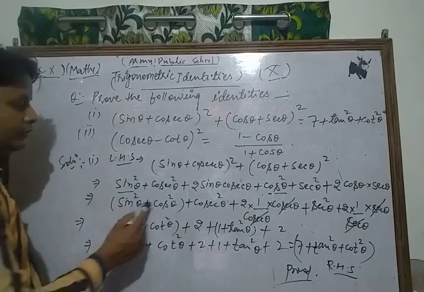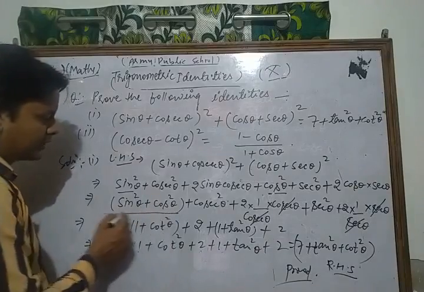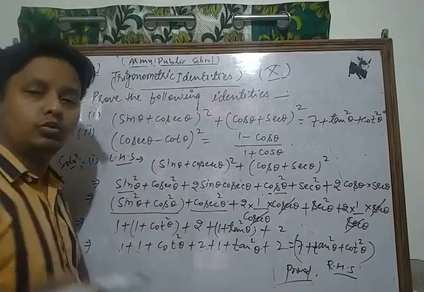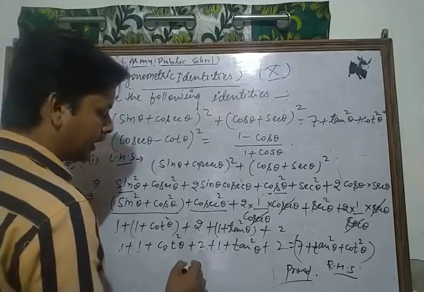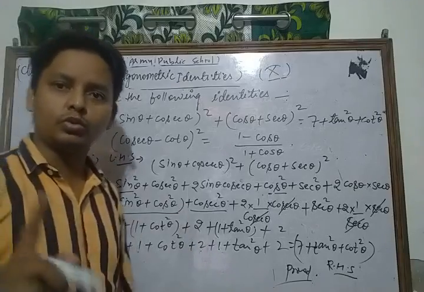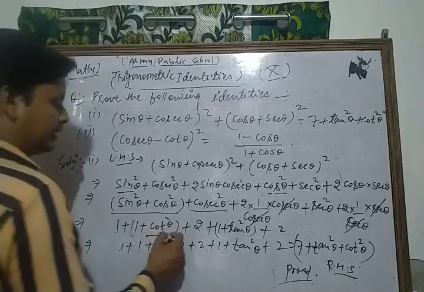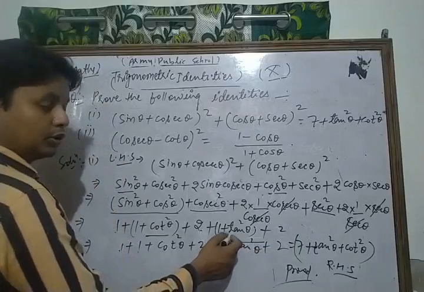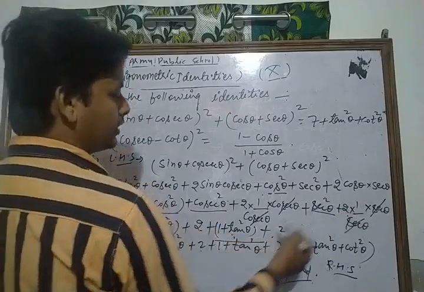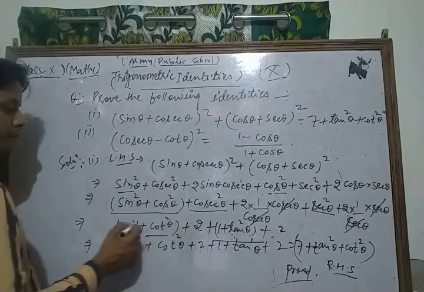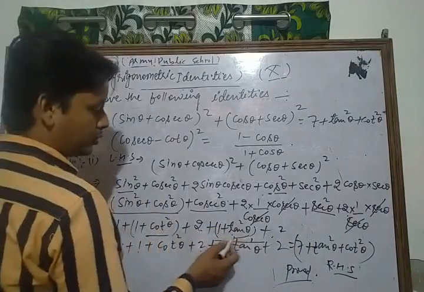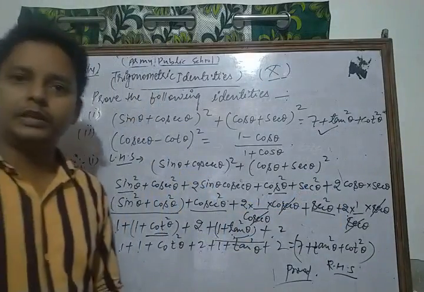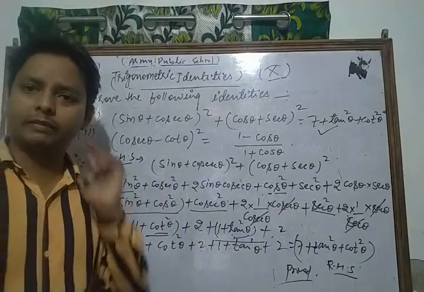And now we know that sin square plus cos square is equal to 1, and we convert cosec square theta into 1 plus cot square theta, because you know that 1 plus cot square theta is equal to cosec square theta. So here we write this, and here 2 is left. Sec square theta we can write 1 plus tan square theta using the identity, and here 2 is left. So 2 plus 2 plus 2 is 5 plus tan square theta plus cot square theta. This is our result. Okay, so please dear students, do more and more practice of that type of questions.